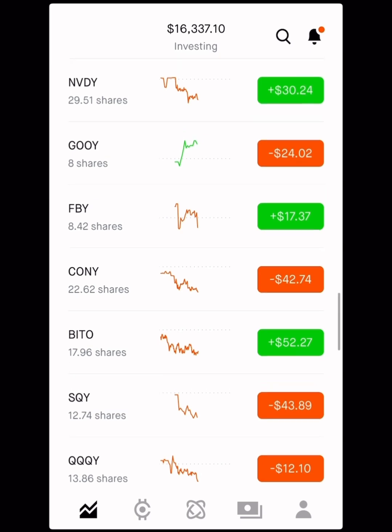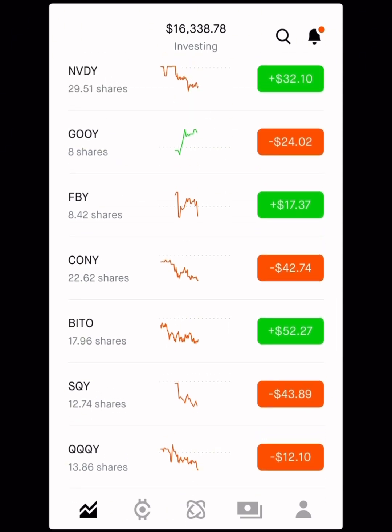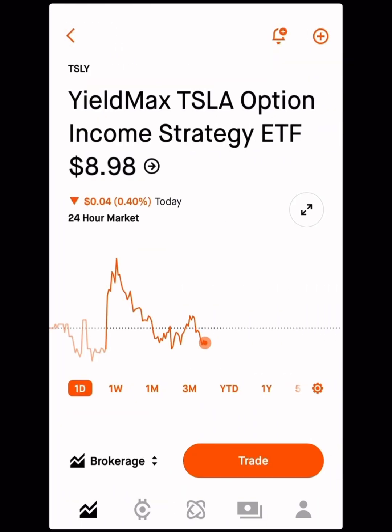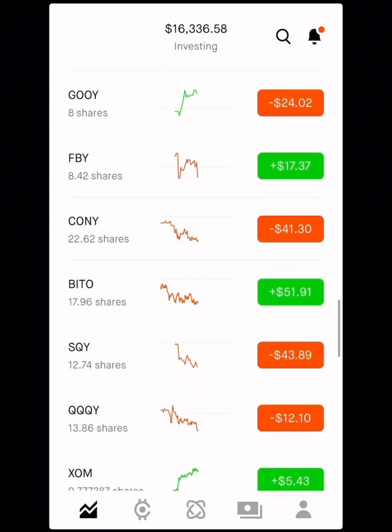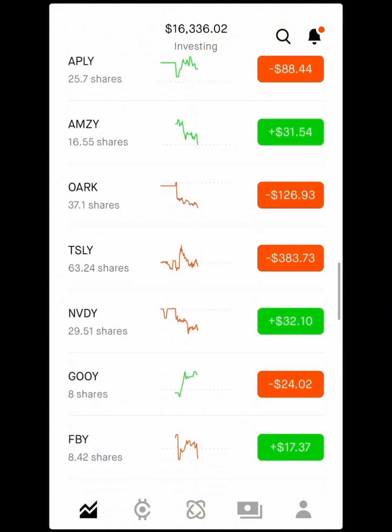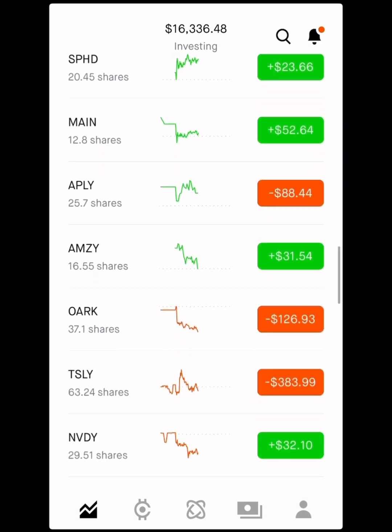I'm going to continue to watch a couple of my other funds. We might, and we've talked about it before, be doing a little bit of consolidation to make things a little bit cleaner. And I might be dropping some of these YieldMax funds. Overall, some of them are up, some of them are down. You can see this TSLY is absolutely getting hammered, and Tesla's also getting hammered, so that makes sense. But I might want to consolidate some of these, especially stuff like GOY, FBY. I'll probably keep SQY going into the bull run, but some of those, AMZY, APLY, I want to consolidate some of those, and that is why I'm trying this YMAX fund, just because I want to see if that's maybe a better